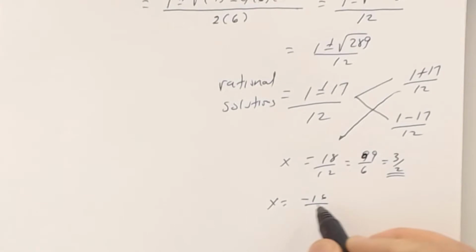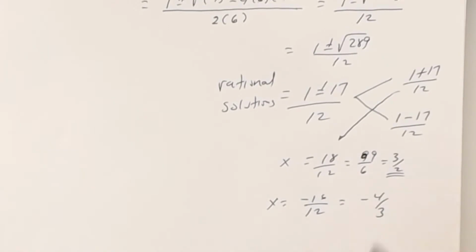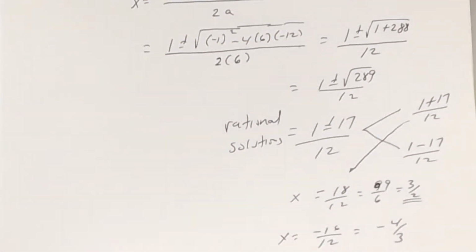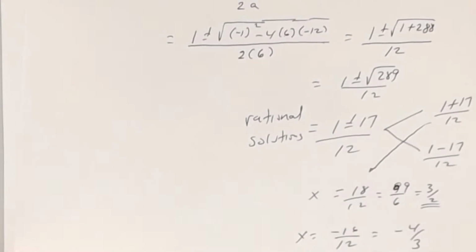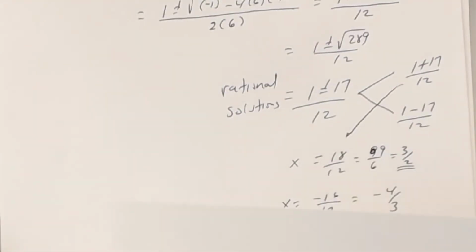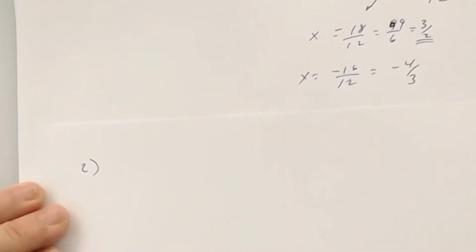Negative 16 over 12, which reduced is, they're both divisible by 4, so negative 4/3. Okay, all right, so that was that one. So that's this. Now let's do, I'm going to make up this one, so hopefully it's going to be irrational. We're going to do one more, and then we're going to look at completing the square. All right, number 2, suppose you had